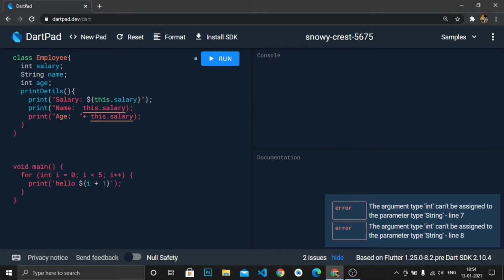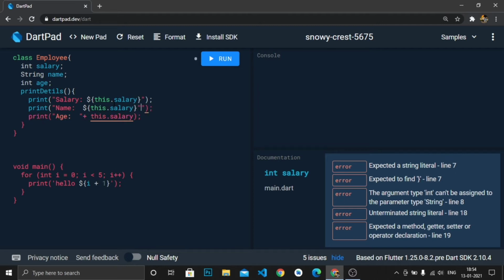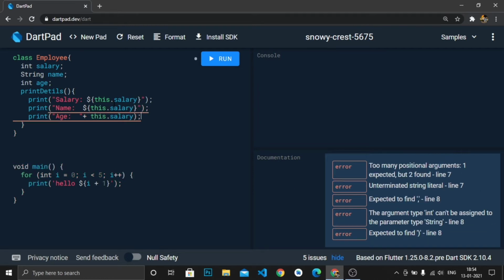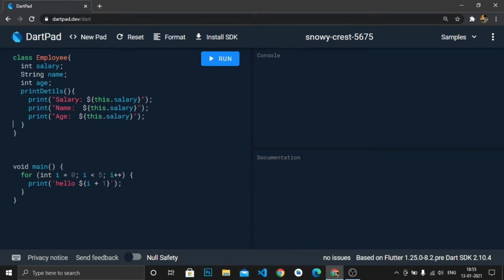Just making sure the syntax is correct for printing the values. Then we have a curly brace. By this time you might be knowing this dollar symbol. So this is a print details function which simply prints the details of the employee.